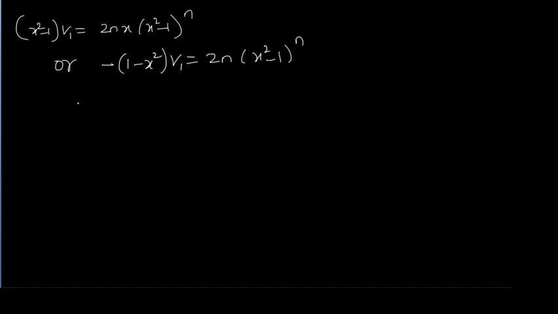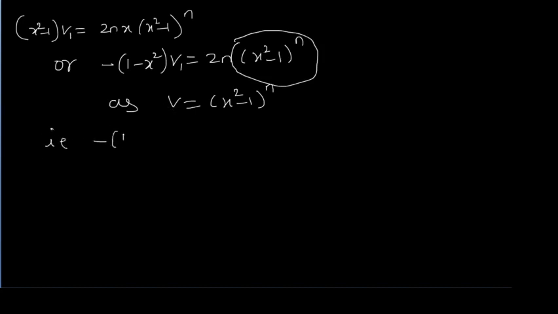As we assumed that v is equal to (x squared minus 1) whole raised to n, here we replace this by v, which implies minus of (1 minus x squared) v1 is equal to 2n, this is nothing but v